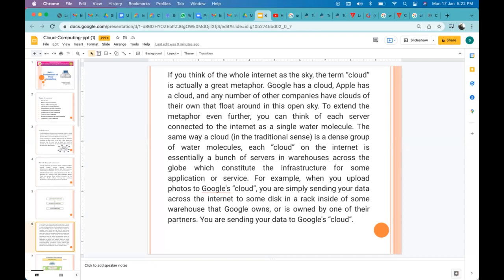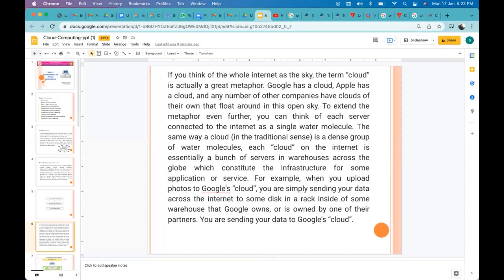So in this open sky, the sky is the internet, and there are different clouds in the sky, like Google and Apple.